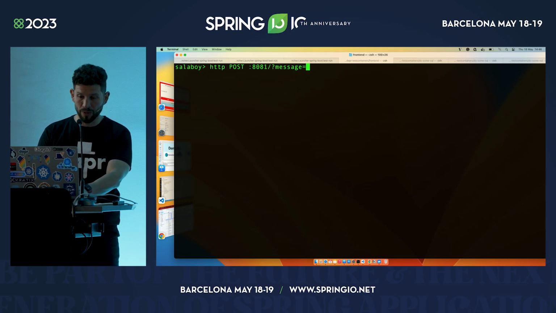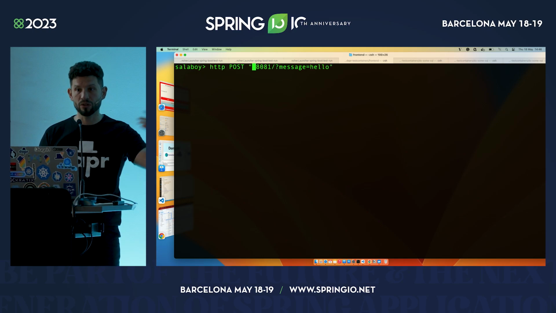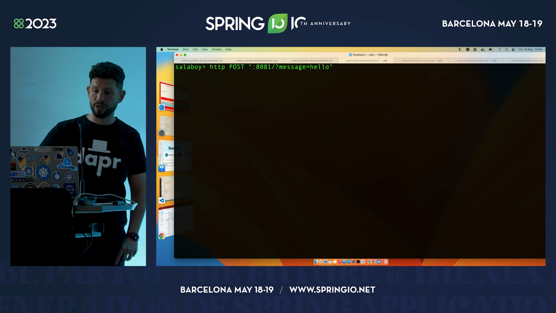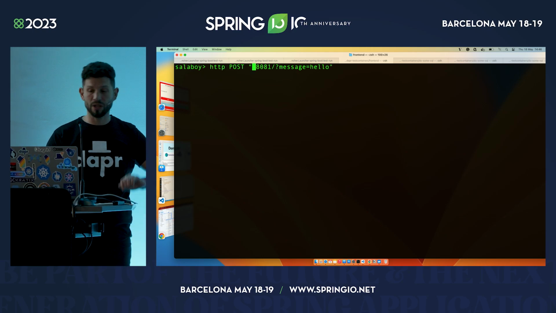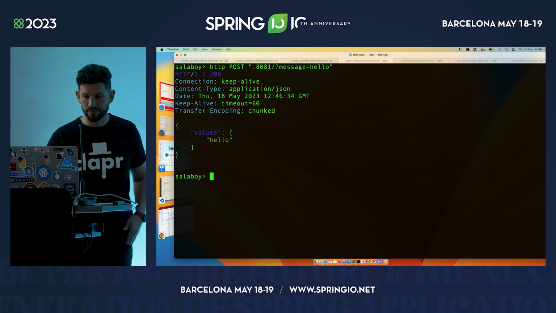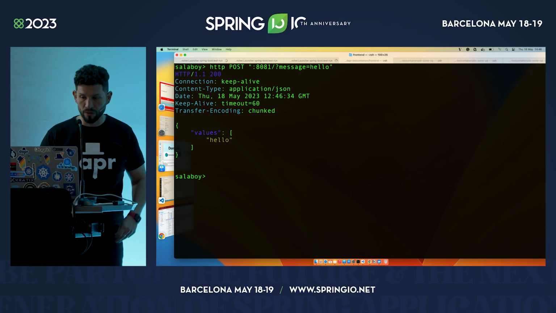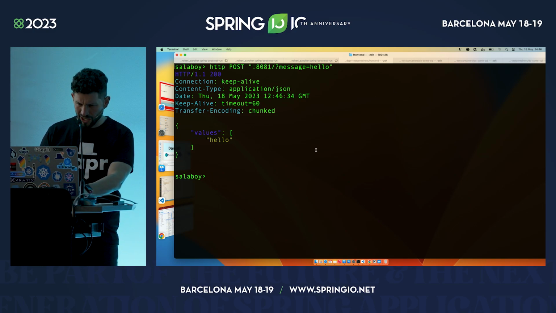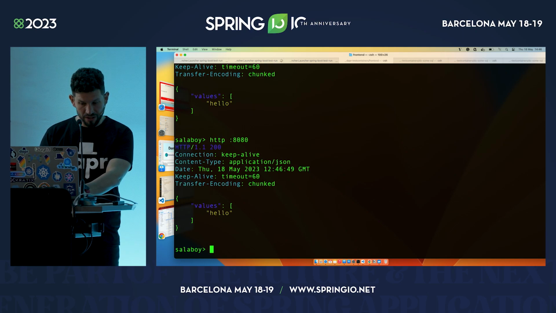Message. So I'm basically replicating the same thing that I did from the user interface, but now I'm just doing it against my services that are running locally, not the ones that are running in the cloud. And the infrastructure that I'm using is the infrastructure that was created by Testcontainers, not the infrastructure that is running in my Kubernetes cluster. So I've sent a write message, hello, to the write application. I can check from the read application that the message is stored. Let's see. Yep, it's there.